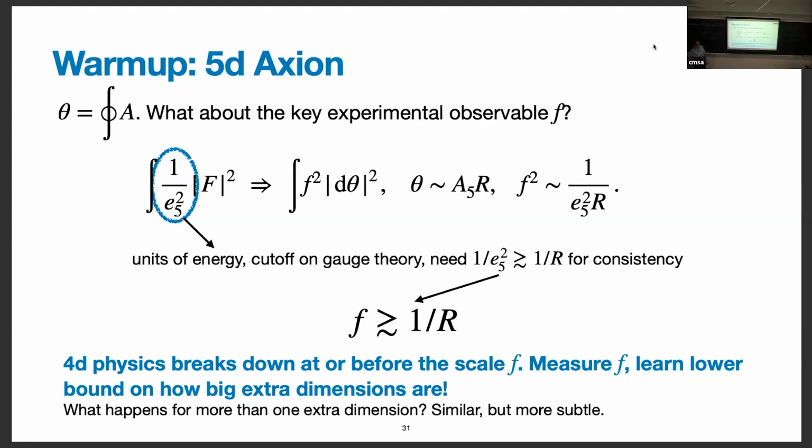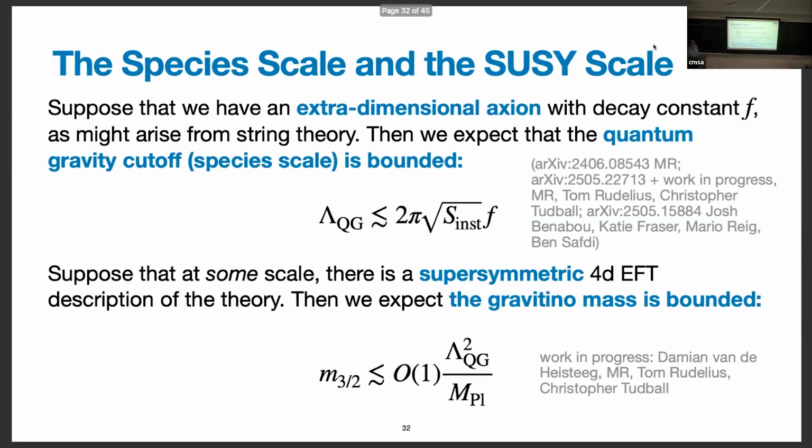5D is simple because we just have one extra dimension. It only has one parameter, which is its size. More general things are hard to talk about because once you go to more than one extra dimension, you have many different manifolds. They have many different shapes. They have multiple parameters characterizing them. It's harder to be super quantitative.